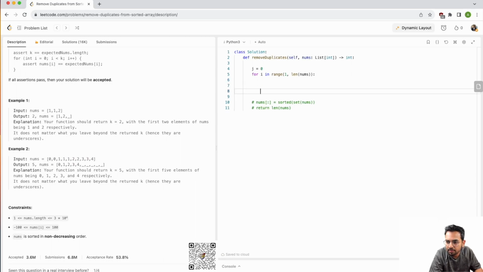So j is 0, this is j, and this is i. So if i and j match, we don't care, and we will just increment i. When i and j do not match, that's where we increment j,